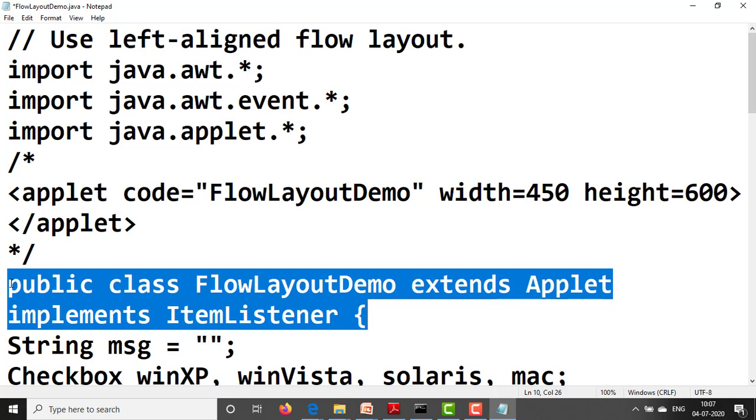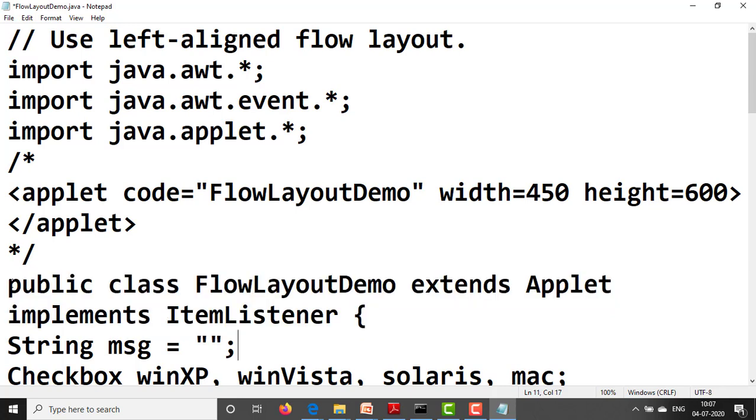The details of what an event is and of the ItemListener we are going to study in the third chapter, event handling. Only keep in mind that checkboxes generate item events. To handle this item event, we need to implement the ItemListener.